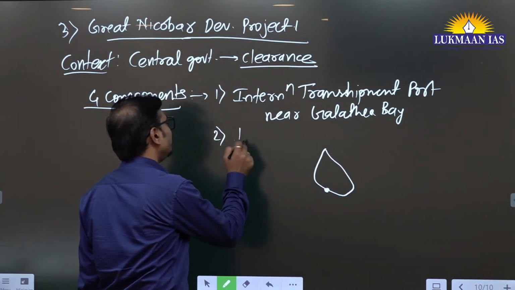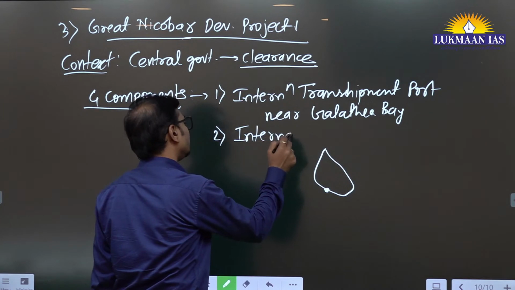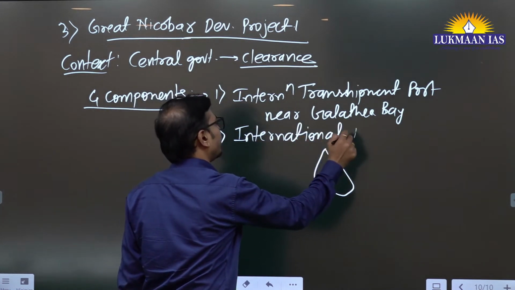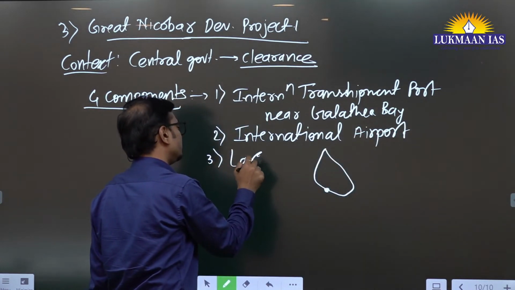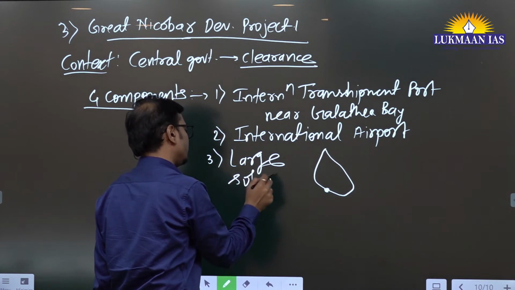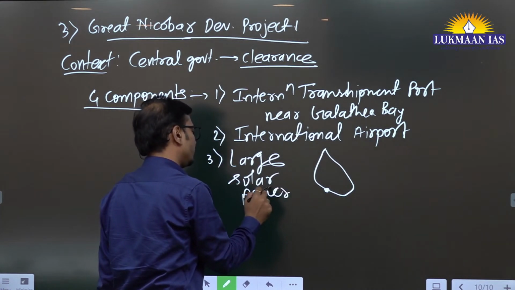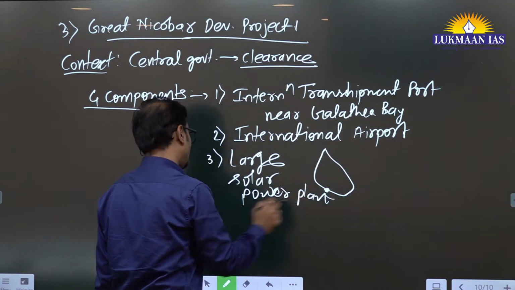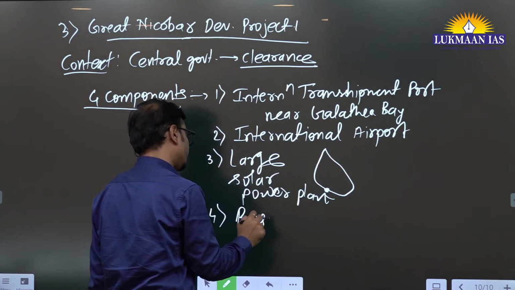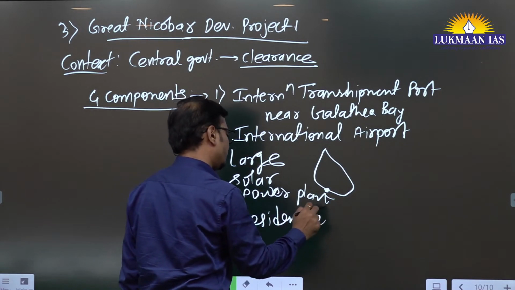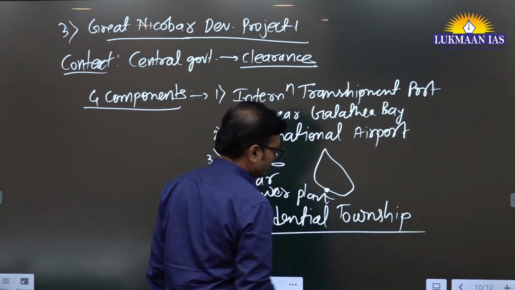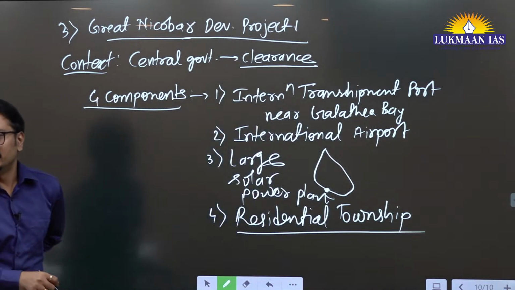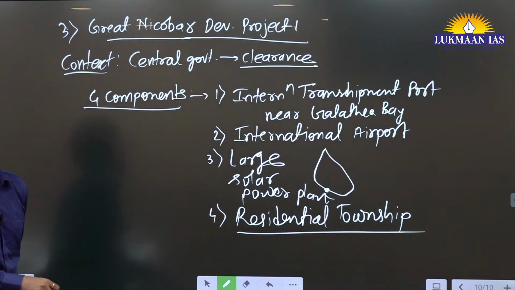Second, there will be international airport. Third, large solar power plant. Fourth, residential township. I don't know कौन रहने जा रहा है वहां पर, but there will be big township coming up as a part of this project. So these are the 4. Okay,